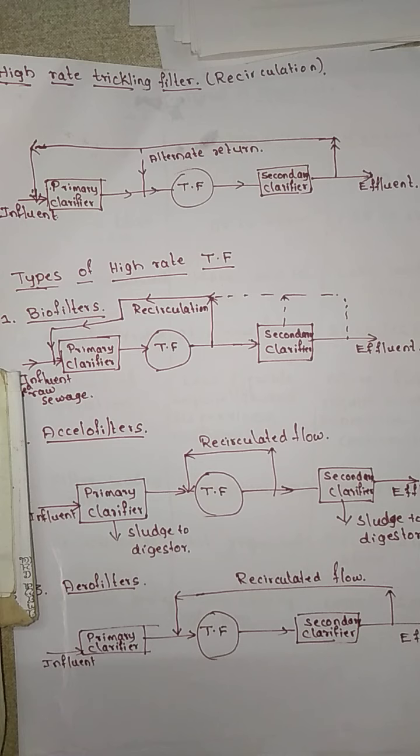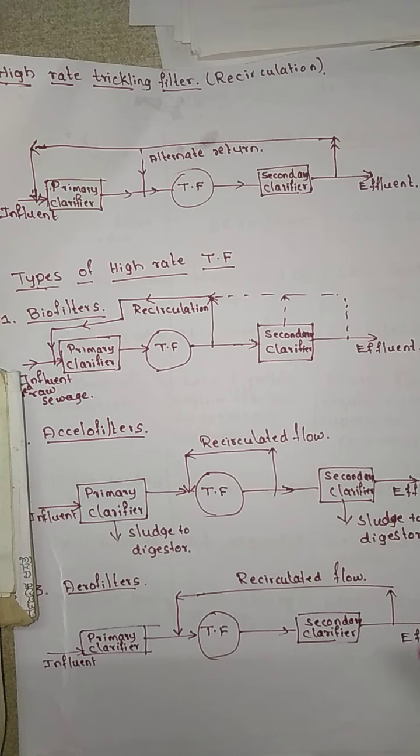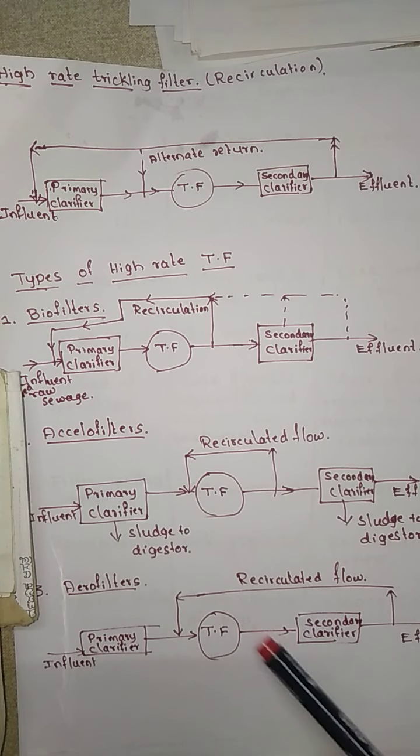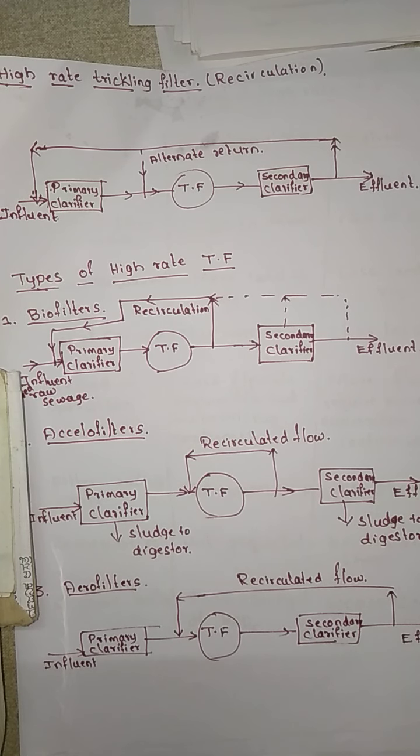if additional treatment of a lower BOD is required, then again the exhalofilter will be utilized, and two-stage recirculation is going to be applied. Here also the wastewater will come from the primary sedimentation tank, then the primary clarifier, then it goes to the trickling filter, from the trickling filter to the secondary, and then before going to the effluent again it is going to be recirculated, and then again to the trickling filter, and then the secondary clarifier once again, and then the effluent is going to be obtained in case of your